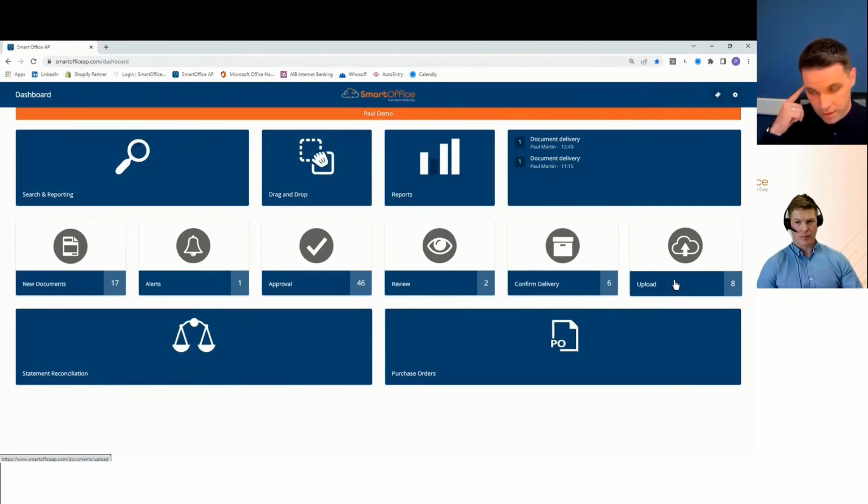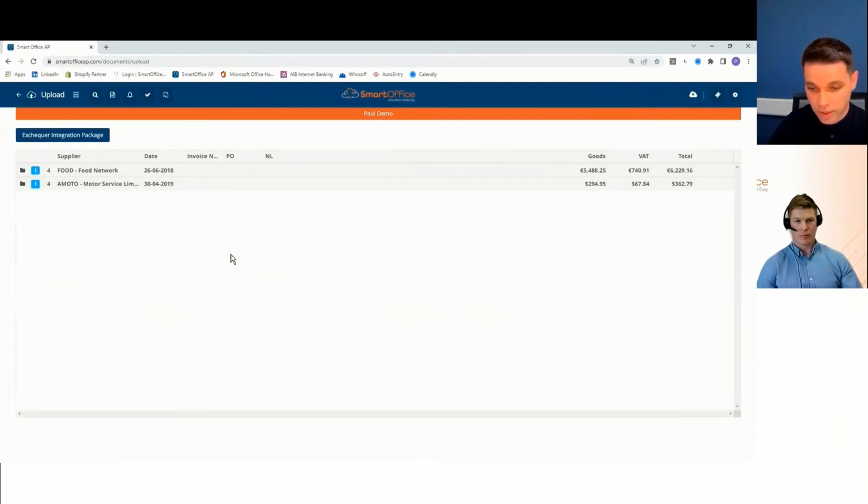Last functionality, guys, on this tile very quickly is the upload function. After we do all the magic here and validation and extraction, it's then about pushing it to your accounts package with one touch of a button. So this could be 100 or 1,000 invoices at any one time. It doesn't matter to us, and it can be as manual or as automated as you want. Depending on your integration with your accounts package, you can upload via CSV, XML, or directly via API.